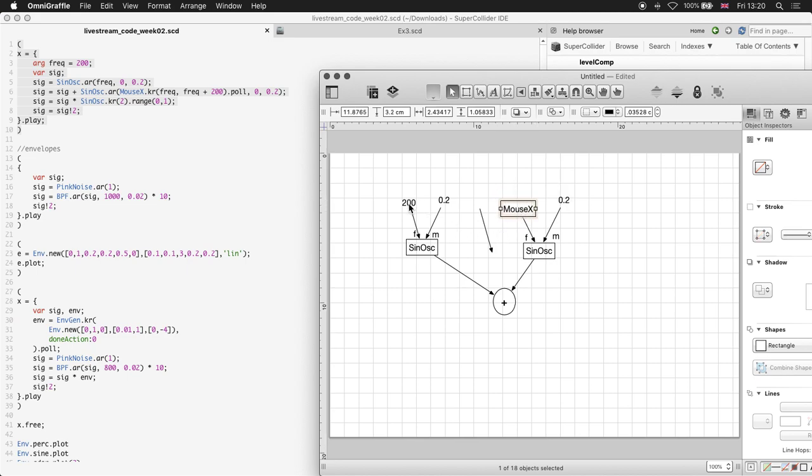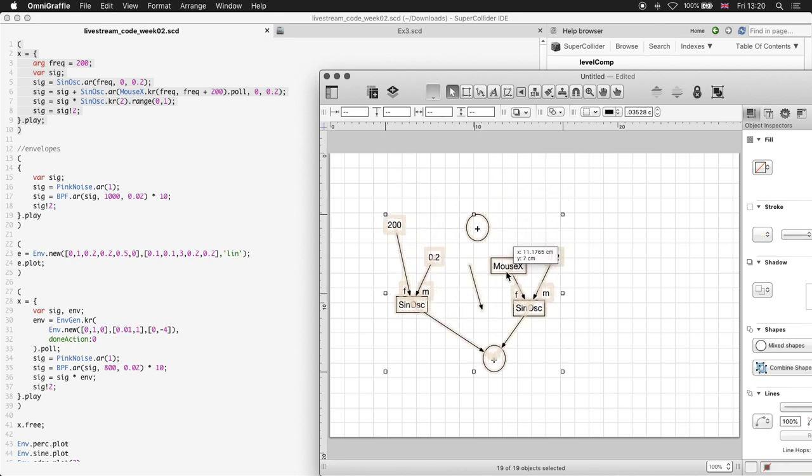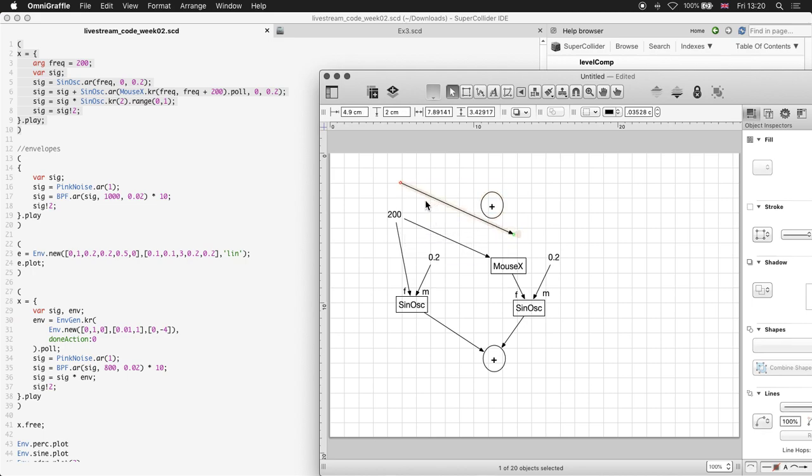And then what we have is that this number, which is frequency 200, is actually being added to 200 for one parameter, and is straight controlling the other parameter of the mouse X, which is, I believe, minimum and maximum in that order. So this 200 goes plus,